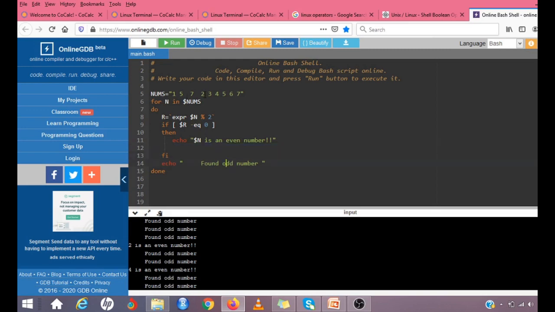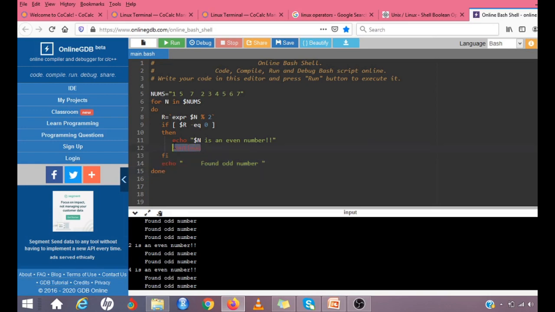Okay, and then it takes the value 3, found odd number. So to avoid printing both statements, we just give a continue here. I just want to exit from the current iteration. I don't want to execute all the statements below that and continue with the next iteration. I must give a continue.